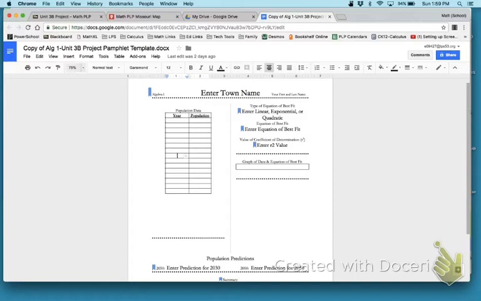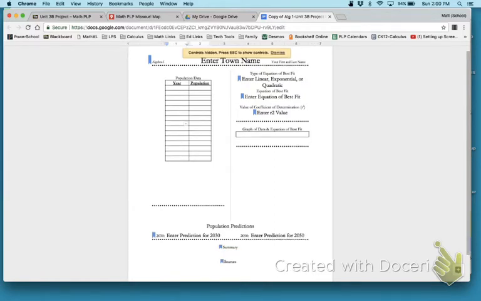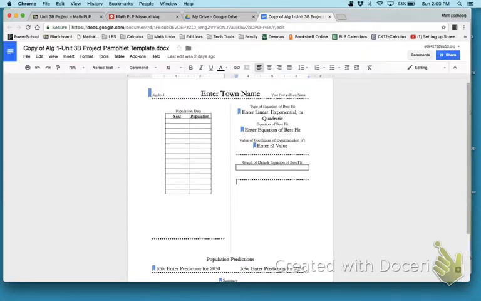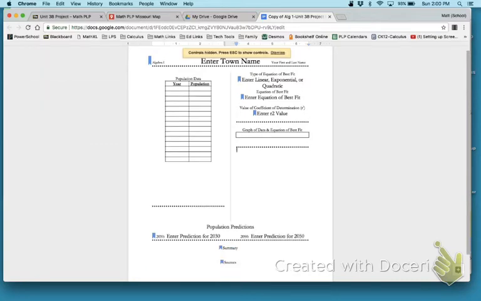Now, you might not be able to see everything, so there's a couple more things that you could do. One is you could go back and change it from 75 to a smaller percentage like 50, or you could click on View and Full Screen. When you go to View Full Screen, you might have to dismiss this message right here, but then make sure that you can see everything. If not, you can go back to your controls by hitting the Escape key, and that will take you back. But I'm going to go back to full screen mode